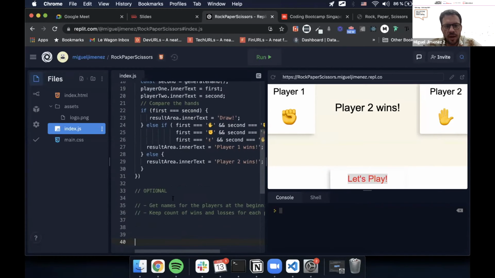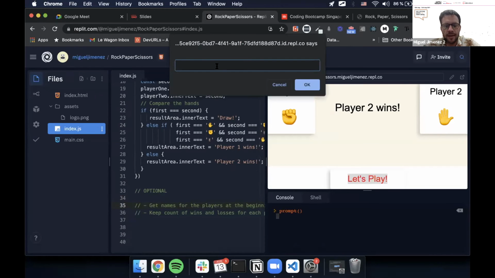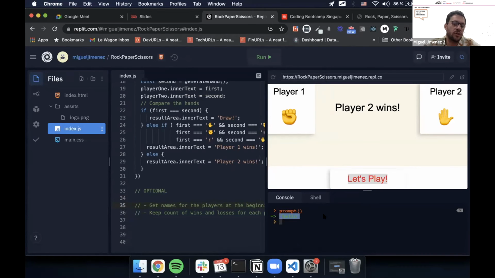Optionals. Get names for the players at the beginning of the game. So we're going to do something cool. We're going to use prompt, which is a built-in JavaScript function that will give me a window on the screen. I can use prompt, and I can say hello, and you can see that hello gets returned over here after the function, right? So to the prompt, I can pass a string. Please enter your name,